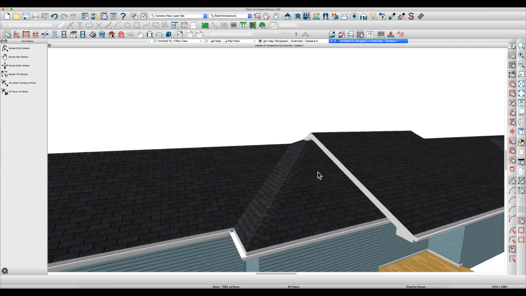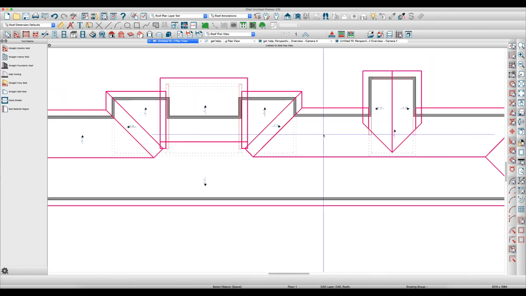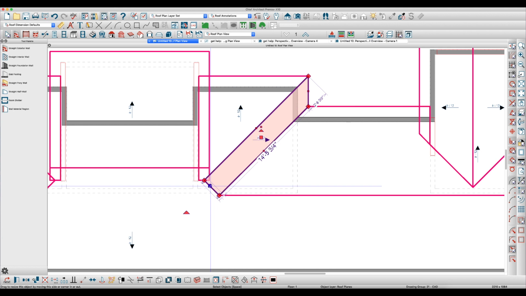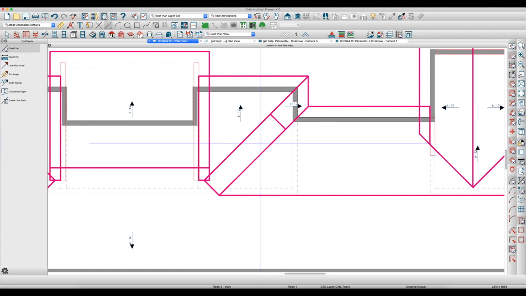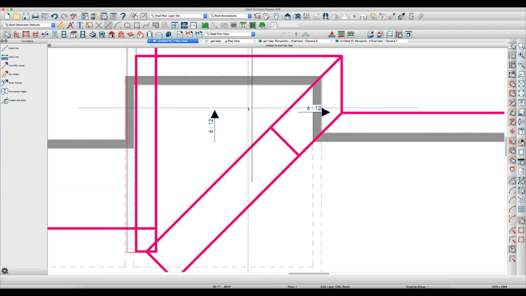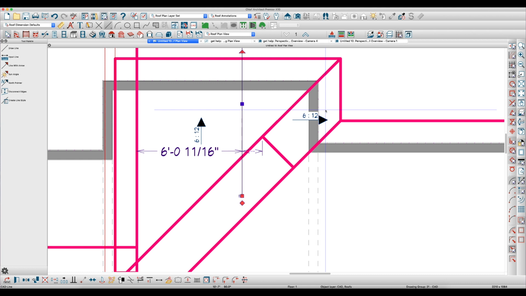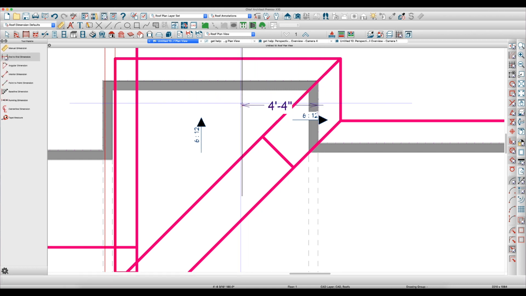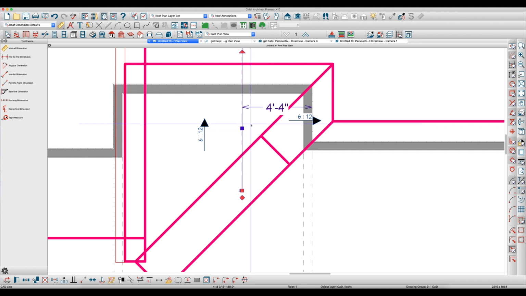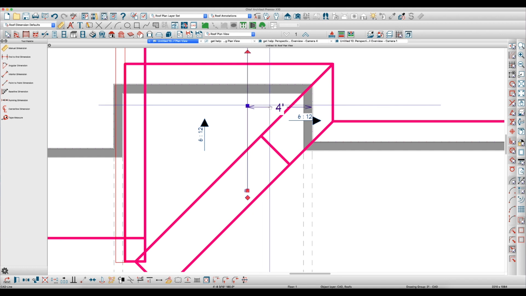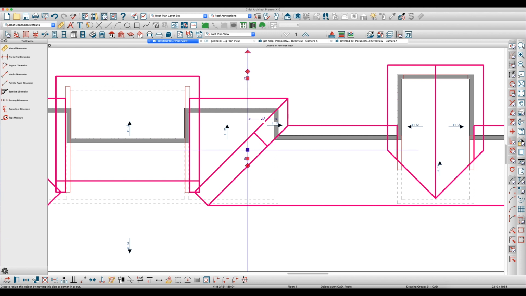Now the only thing we didn't get built was this area right here, so let's see what we can do there. I'm going to pull this down. I'm going to draw a line here just randomly, and I'm going to click here, and I'm going to dimension from out here to the line. And then this line I want to be, say, 48 inches. So there we go. Now that's going to be the edge of my